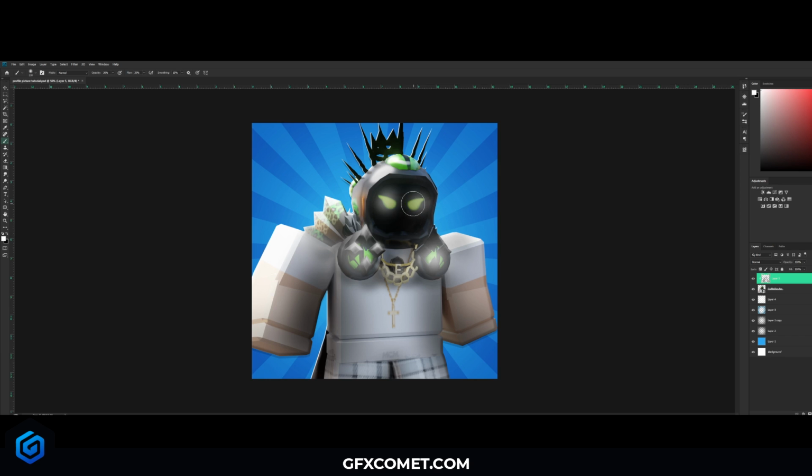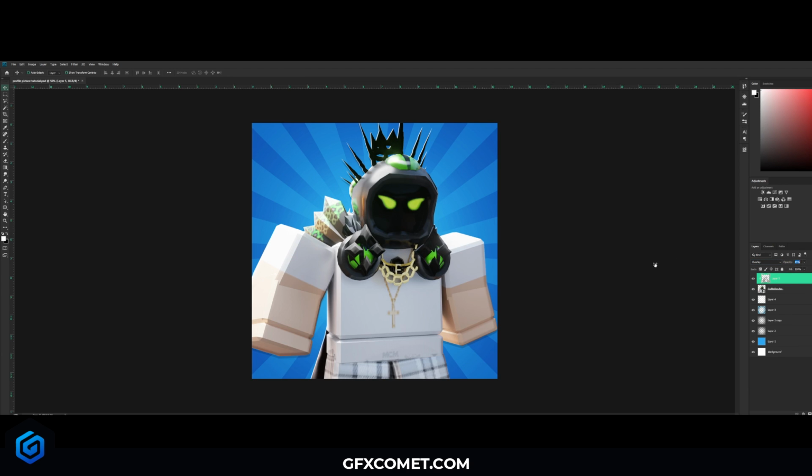Here. Alright, now we're going to change the mode to overlay, and as you can see, this will change the lighting of our character into something that looks a bit more interesting. You can copy it twice. Let's go to soft light mode,